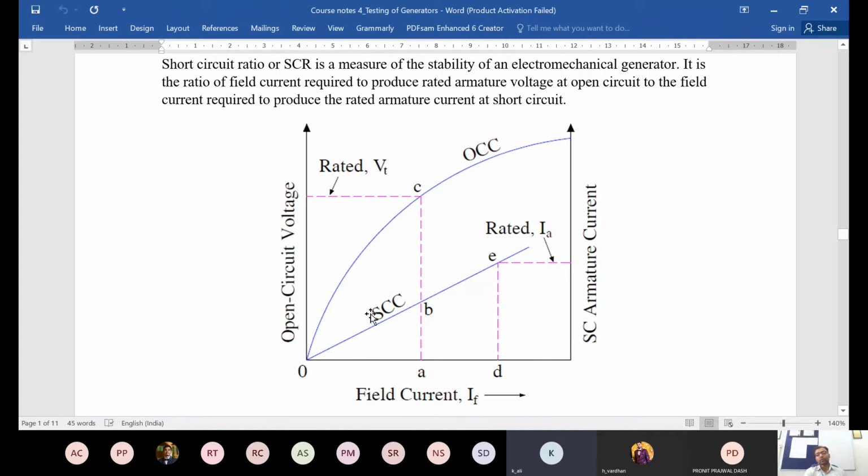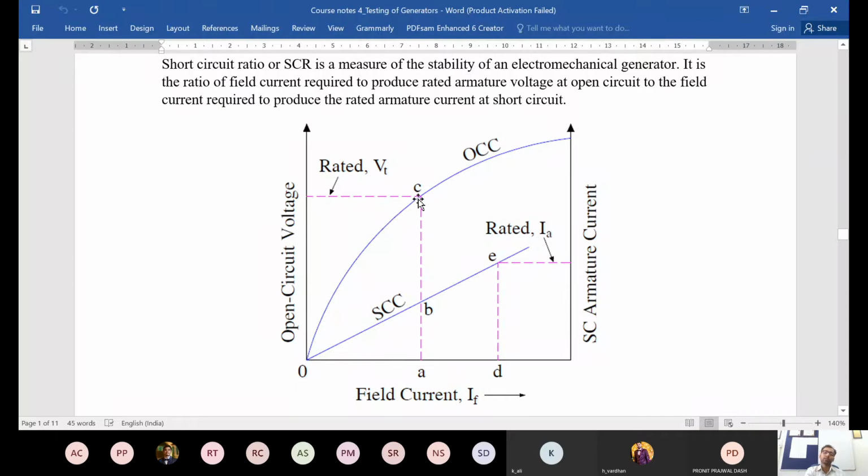Okay. So these are two different curves. One curve here, this OCC, is the open circuit characteristic, which we have obtained through the open circuit test. For the open circuit test, we keep the armature terminals open circuited. The circuit is not complete, and you just vary the field current. As you vary the field current, the flux changes and the induced EMF changes, and the machine is running at the rated speed. So you get this type of curve, and at some particular value of field current you will get the rated voltage. If you increase it further, the voltage will also increase, but the saturation region will come and it will be more non-linear.